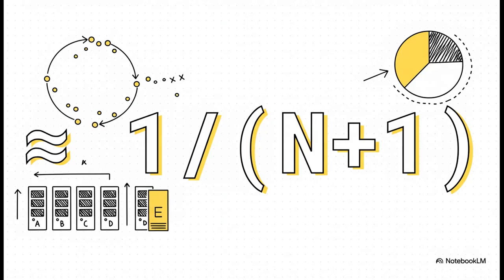And here's the beautiful math behind it. This is the payoff. When you have n servers and you add just one more, the amount of data you have to reshuffle is, on average, just 1 over n plus 1. Think about that. If you have 100 servers running and you spin up number 101, you only have to move about 1% of your keys. That's it. Compared to the old way of moving almost everything, this is an unbelievable win for scalability.